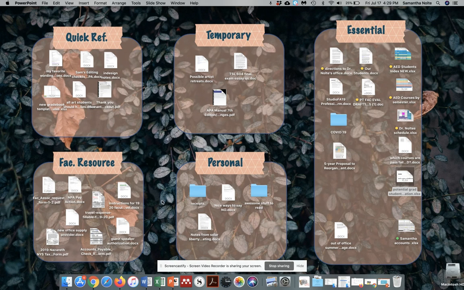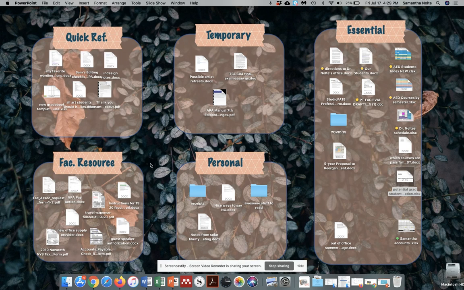So I found a pretty wallpaper online that I liked, and I just put it onto a PowerPoint slide or a Google slide. That would work too. And I filled the whole slide with that image. And then I made some boxes and I made them transparent. And then I found a really cool washi tape image online, and I'll share a link to that on Moodle with you if you like that, to kind of make these squares look like they're taped to my desktop, and